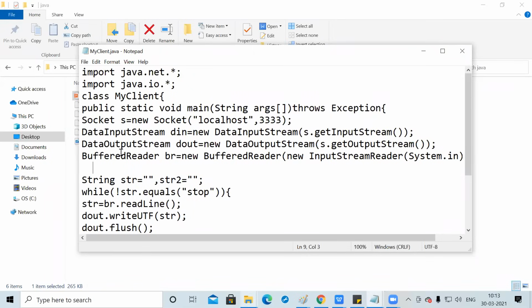The next important classes we have seen: DataInputStream. What is the role of this DataInputStream?